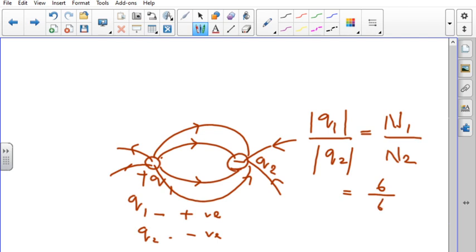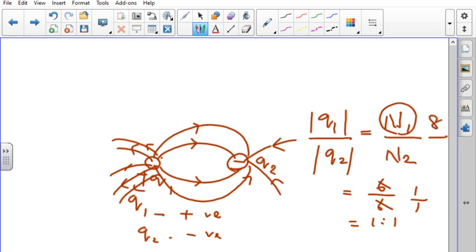Six. Answer is 1. The ratio is 1:1. This may vary also. Suppose we increase the positive charge, the number of lines increases, and again we have to count 1, 2, 3, 4, 5, 6, 8. In this case, N1 changes to 8 and N2 remains 6 itself, and we can write it as